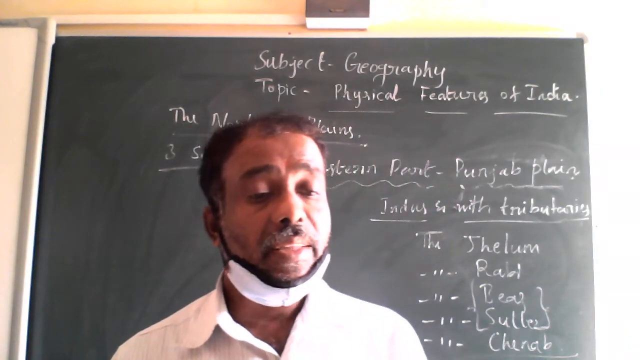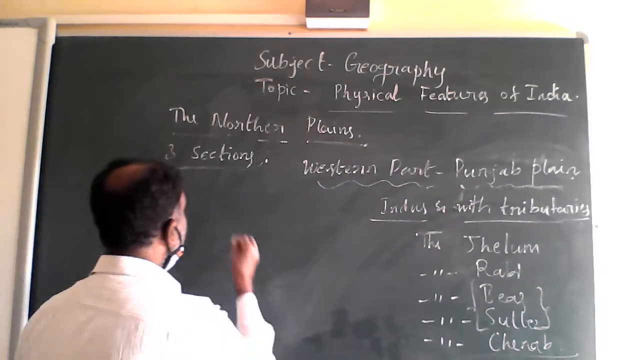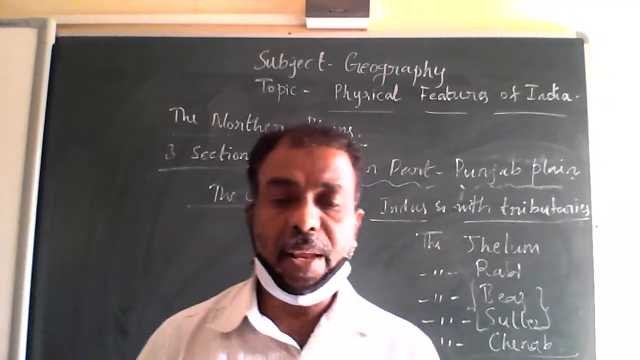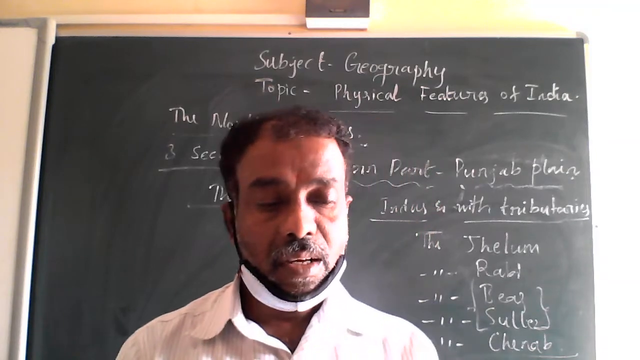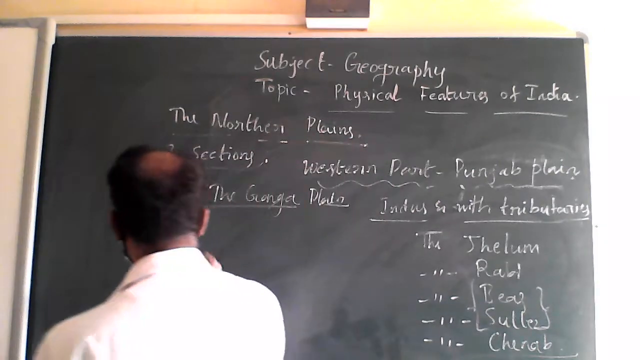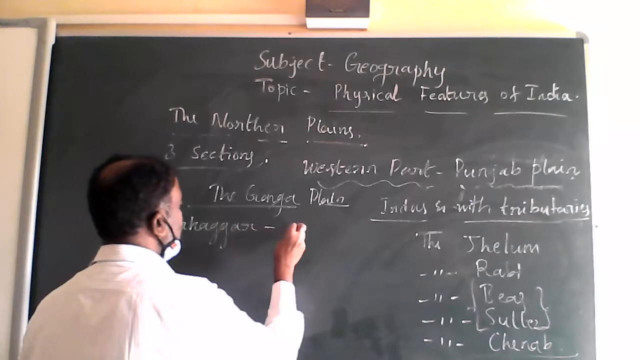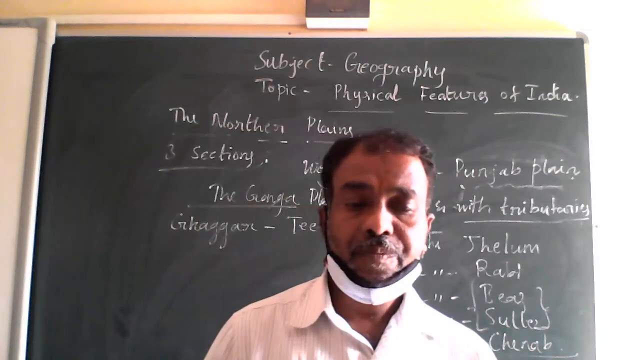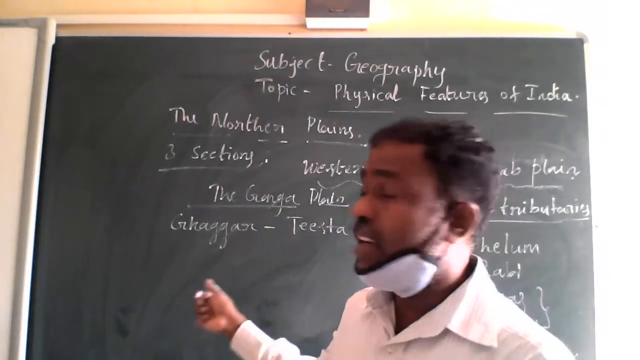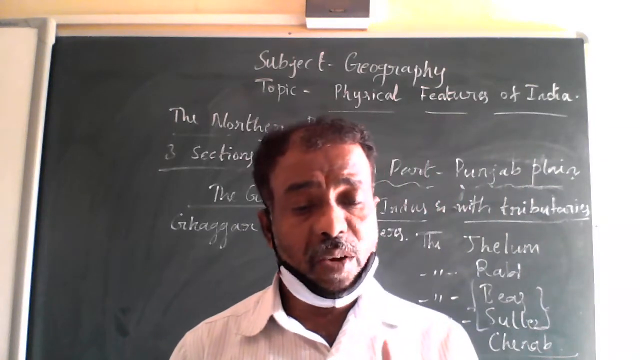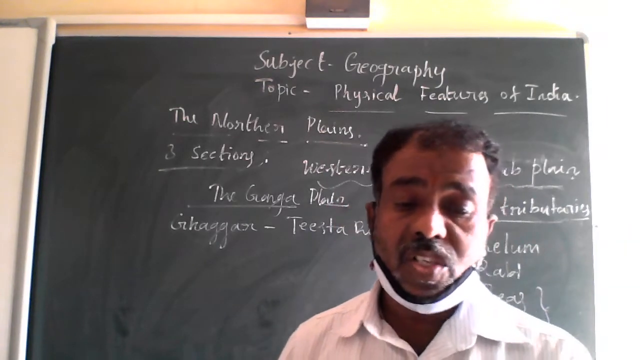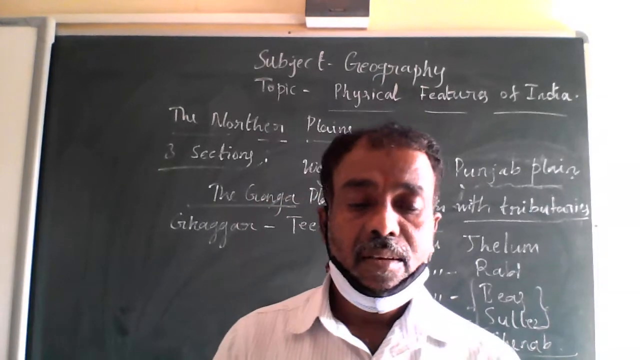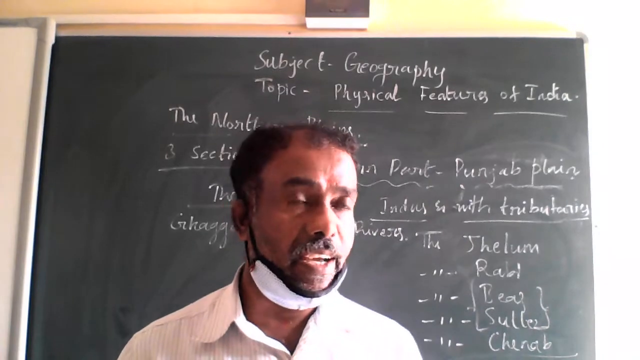And the Ganga plain extends between the Ghaggar and Teesta rivers. Please keep in your mind, the Ganga plain extends between the Ghaggar and Teesta rivers, and it is spread over the states of North India such as